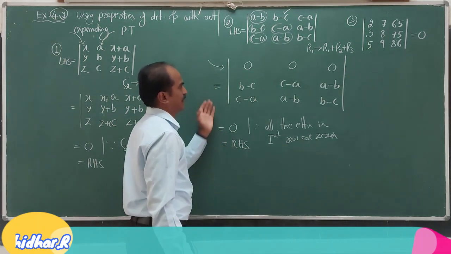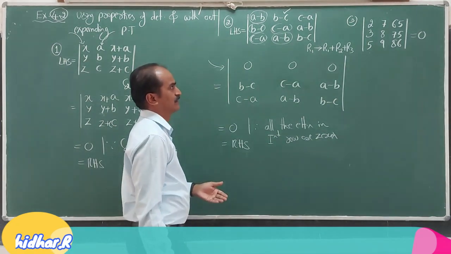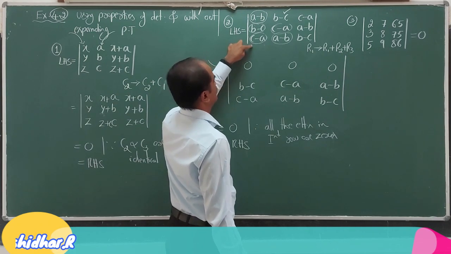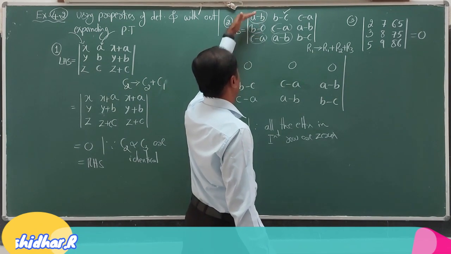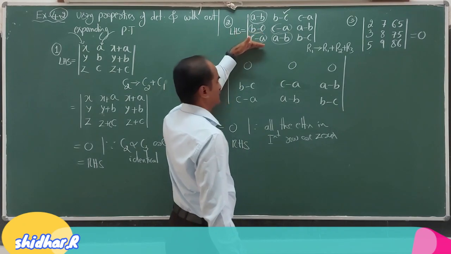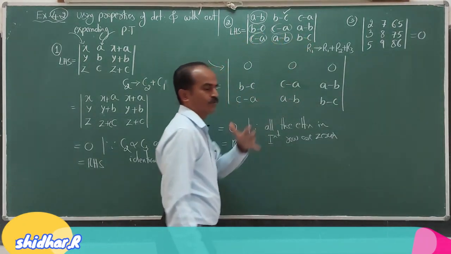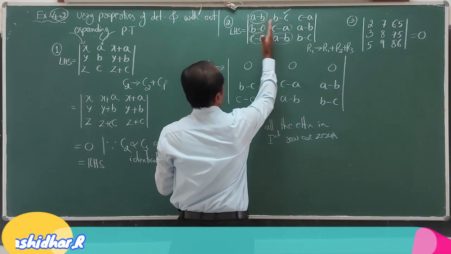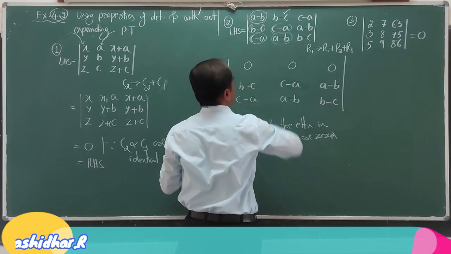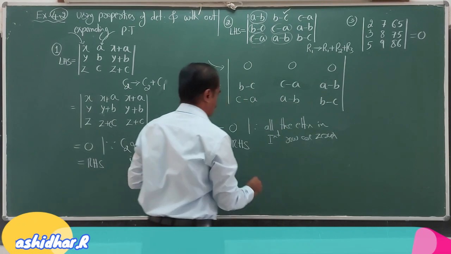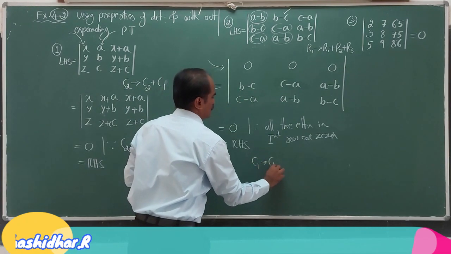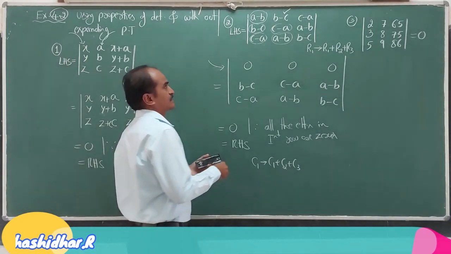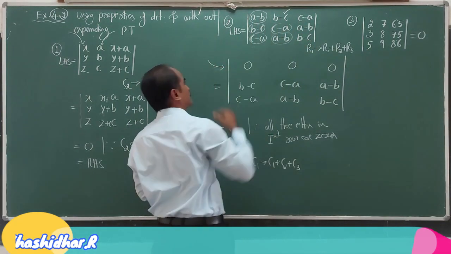It need not be like this. I can write R3 changes to R3 plus R2 plus R1. Adding R1, R2 elements to R3. In the third row, you are going to get zeros. Or maybe even for the first column, add second and third column elements. When you are doing this operation, C1 changes to C1 plus C2 plus C3. That is column 2, column 3 elements must be added to this.